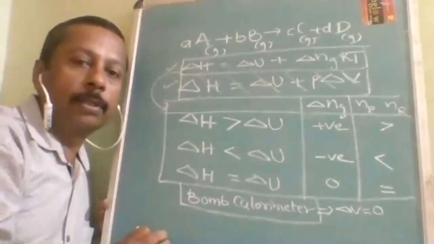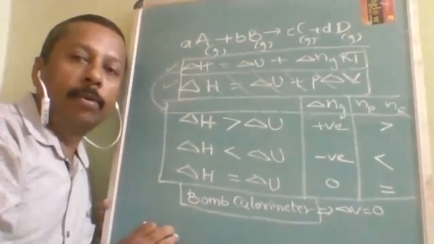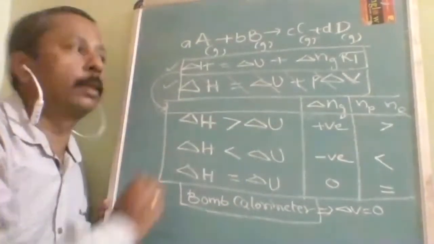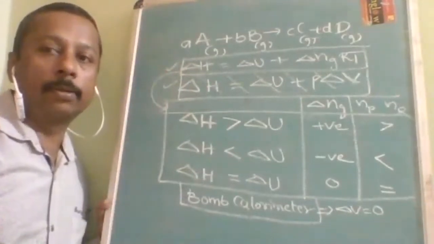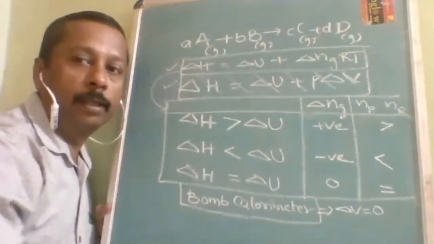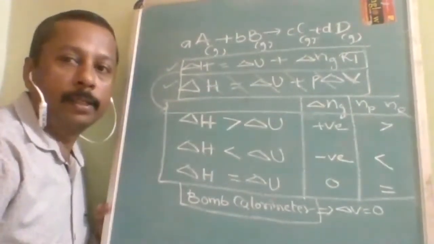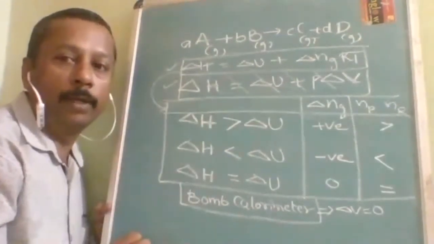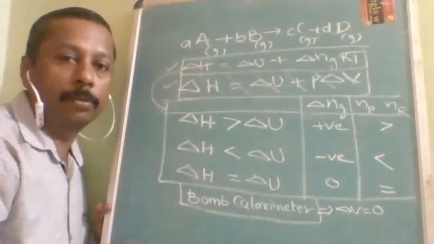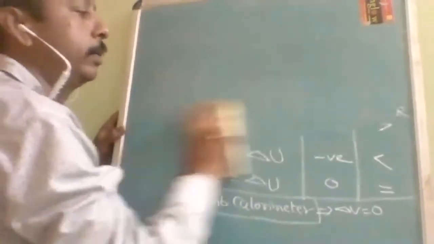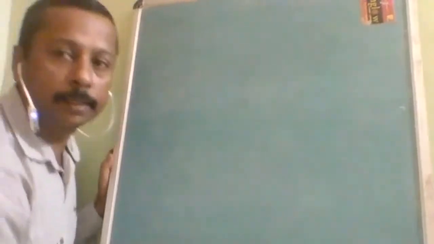And if 20 kilojoules of heat released in a reaction carried out in an open container, in which container? Open container. That means pressure is constant. That time what you will use? Delta H. So these words you should make sure to understand while solving the numerical. If you don't understand these words, even though you know the formula, if you don't know where to substitute, you will not get good marks. Understood? So this is the first law of thermodynamics application to the chemical equation.